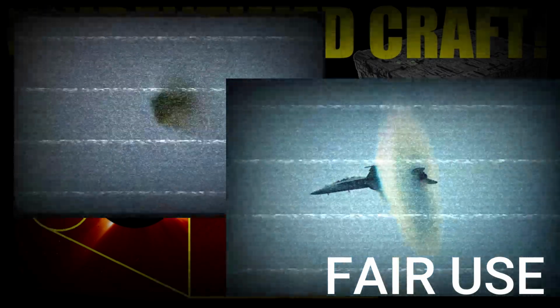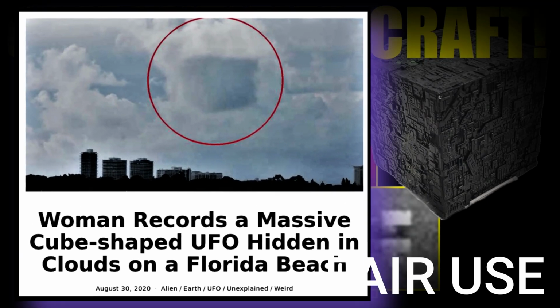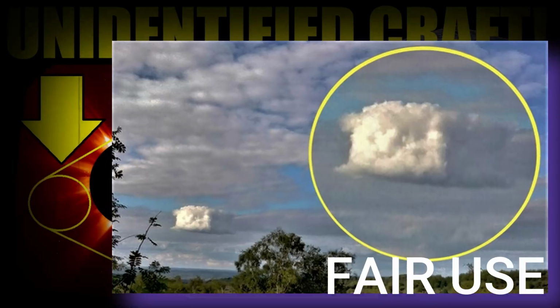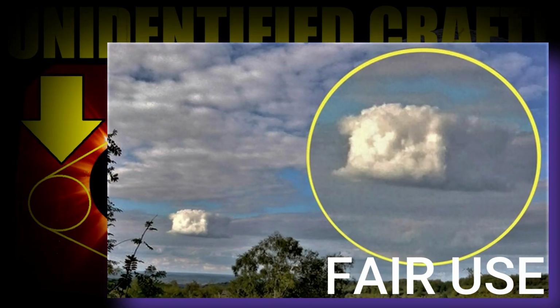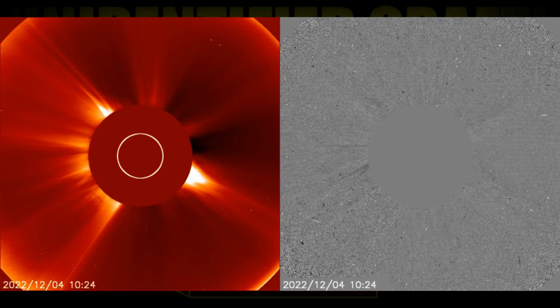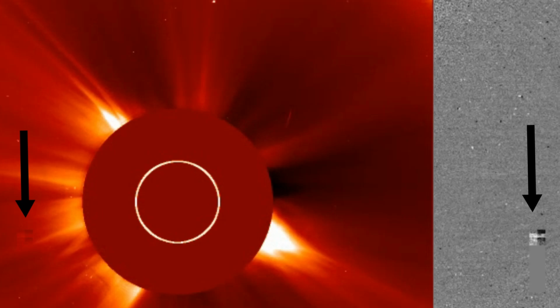So before we dig in a little more into the discovery I made on December 4th, I wanted to give you a basic understanding and history of the different cube craft sightings, whether within the atmosphere or out in space. Now, something that's unique and different about this particular capture is the detail we see within these images, both in the negative format and also captured in the normal raw footage that the satellite provides. It's pretty incredible. You can quite literally see layers to this thing, and also that front edge of the cube,